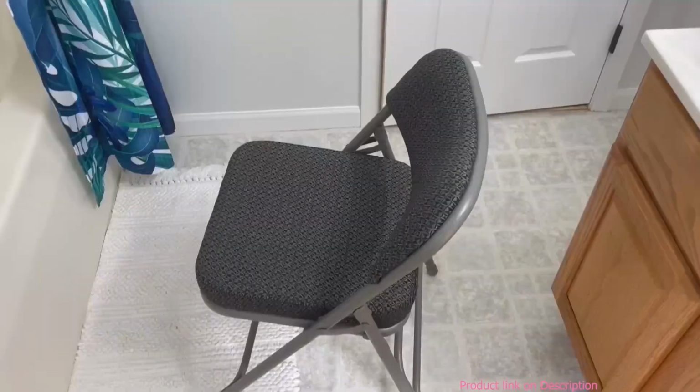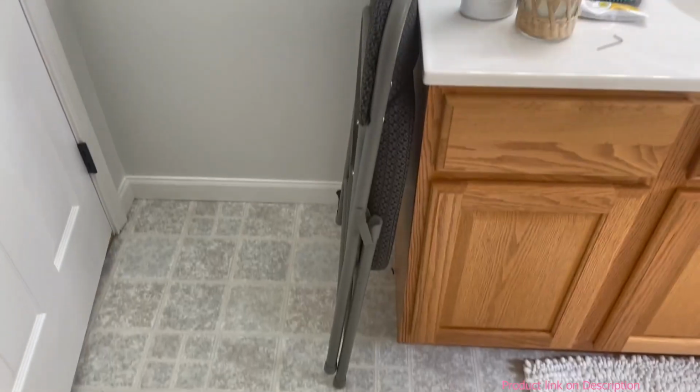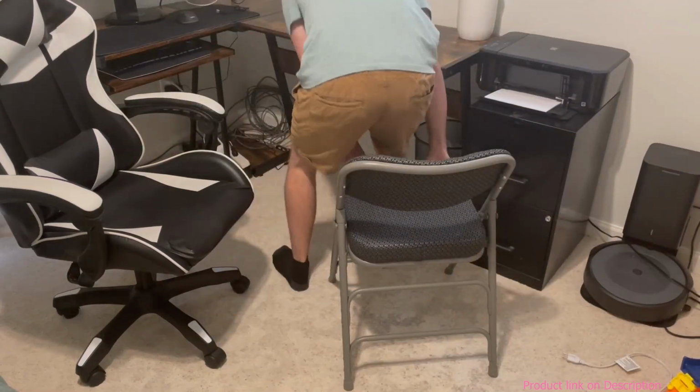What really impresses me over time is that the folding mechanism is still really smooth. It's not too loose and nothing ever gets stuck. Just really simple to use and reliable. So if you want something that you're going to be able to move out of the way easily, it definitely does its job. The other one that I have stays in my office because my wife consistently comes in and sits next to me,